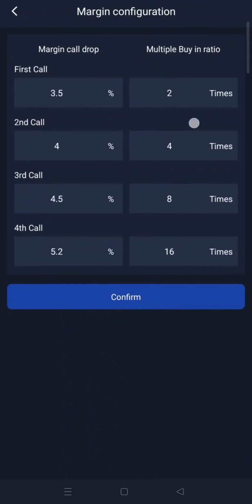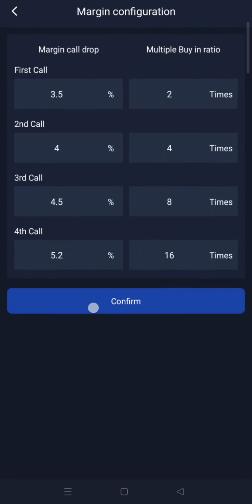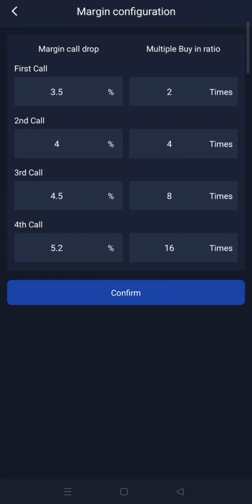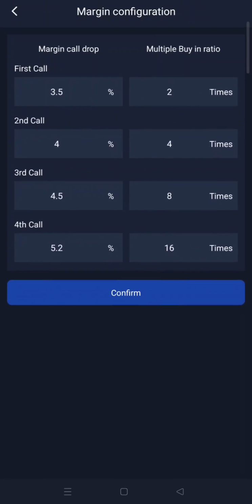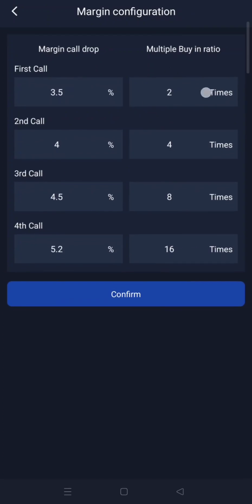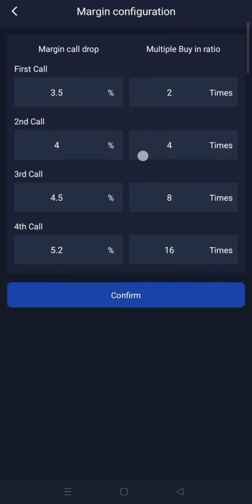Now, this part here is the settings for buying your margins. It's called the multiple buying ratio, just this column here in the table. Your first margin says 2 here. What this 2 means is you're telling your robot to buy 2 times your first buy. And remember, my first buy is $5. So to buy my first margin, the bot will need $10, right? 2 times 5 is 10. That's what it's saying. Over here, that's the second margin,